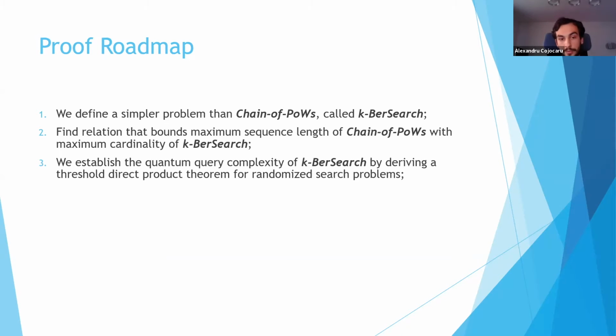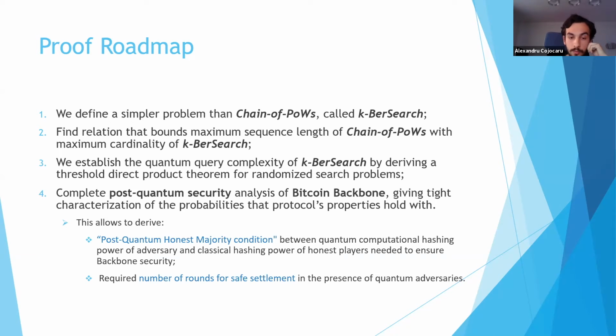And then we focus on analyzing the quantum query complexity of this latter problem. To do this, we need to derive a threshold direct product theorem for this type of randomized search problems, but I'm going to go into more details about how we are achieving this. And finally, once we have established the query complexity of the chain of proof-of-work problem, then we can complete the post-quantum